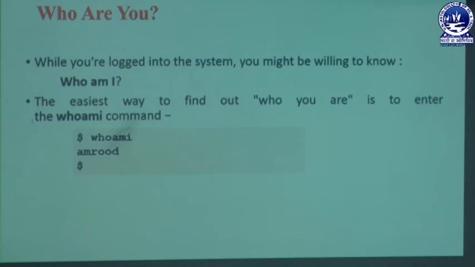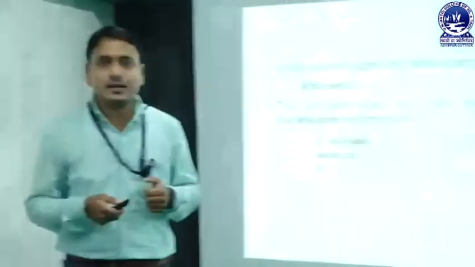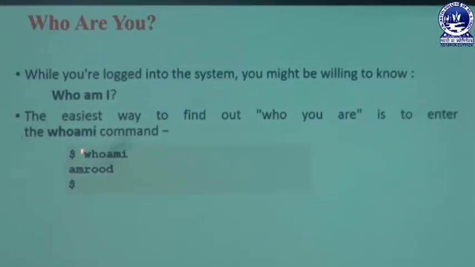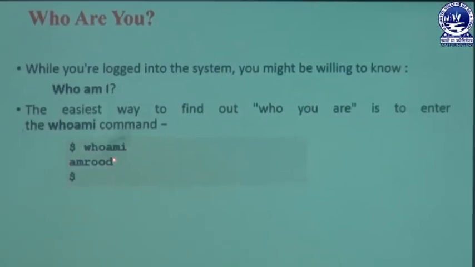By using that command, if a user wants to know by which user ID or which type of user the system is being processed, at that time we use the whoami command. Whenever the user uses the whoami command, we know that the system gets a specific environment. Through that environment we know which type of user is accessing that Unix operating system. Let us focus on that slide. Whenever the user types whoami, we get Amrod, which is the user ID.